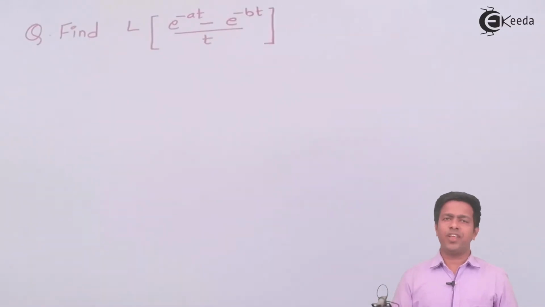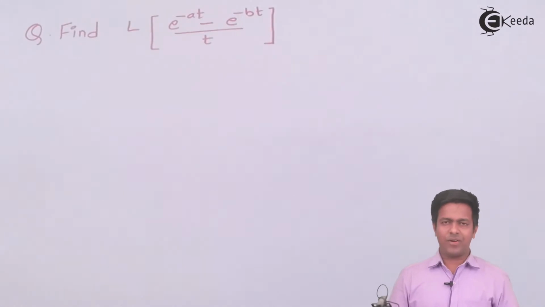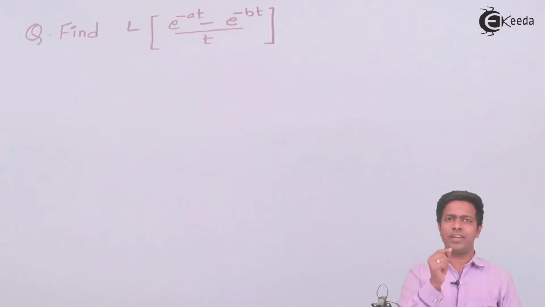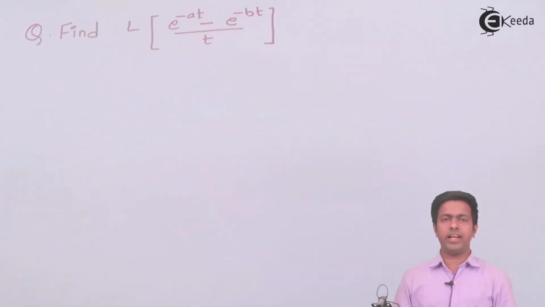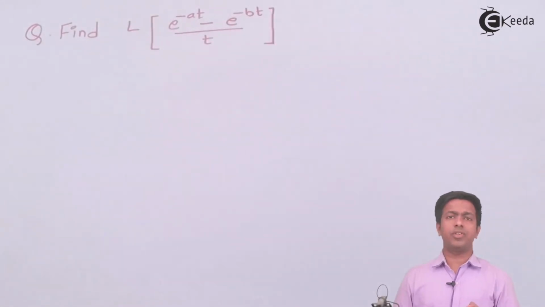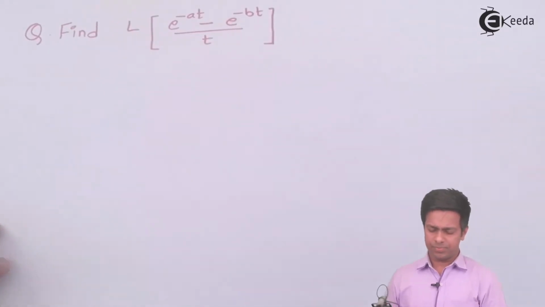So here we have to find out Laplace of (e to the power minus at minus e to the power minus bt) whole upon t. Now guys, if you observe the given numerical carefully, then in the denominator you can find a term t and it denotes that it is division by t. So here we are dividing this function by t. So what we'll do is we will compare this with the property that is division by t.